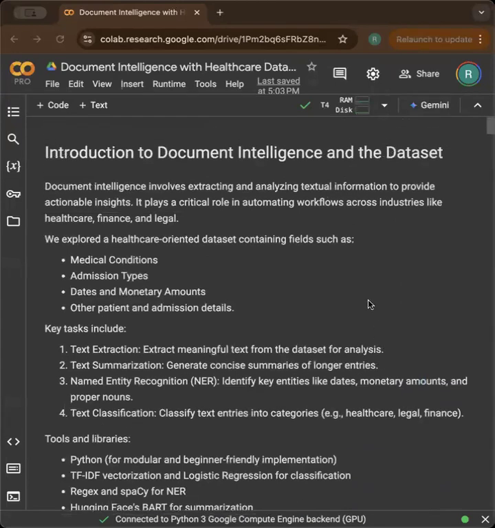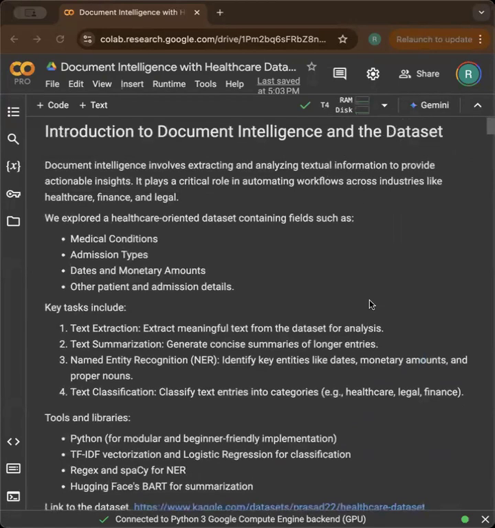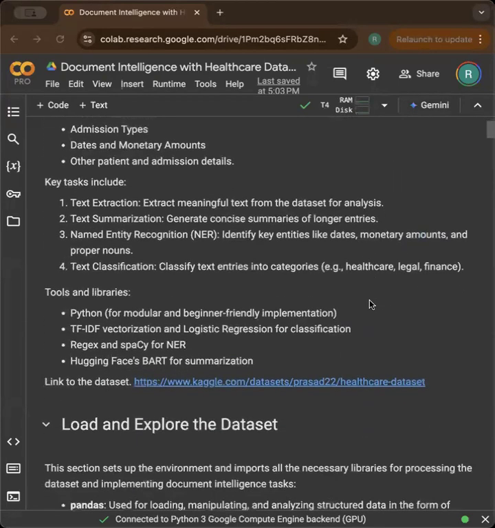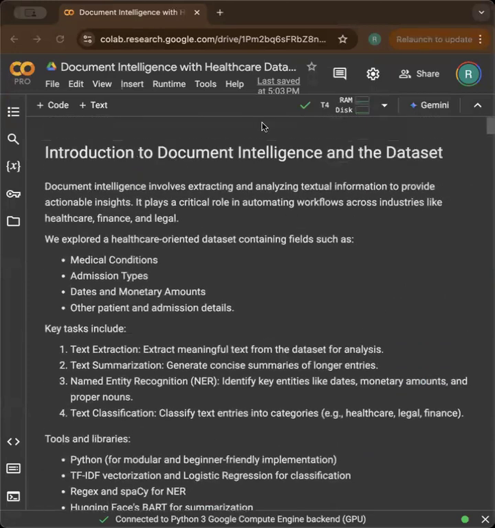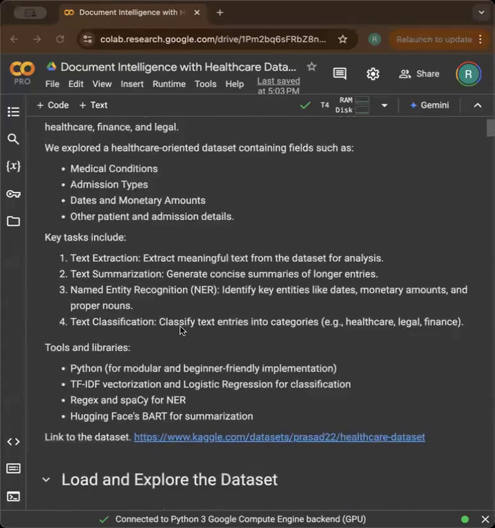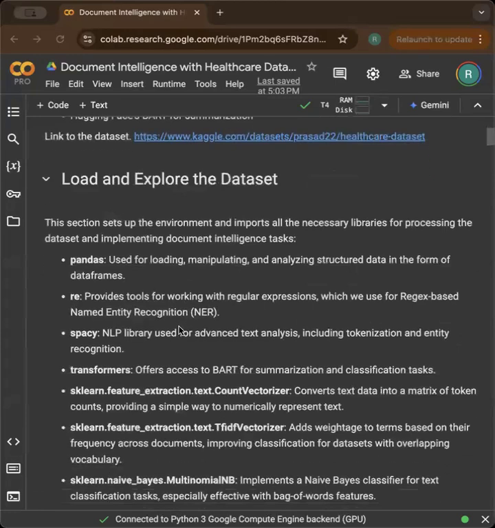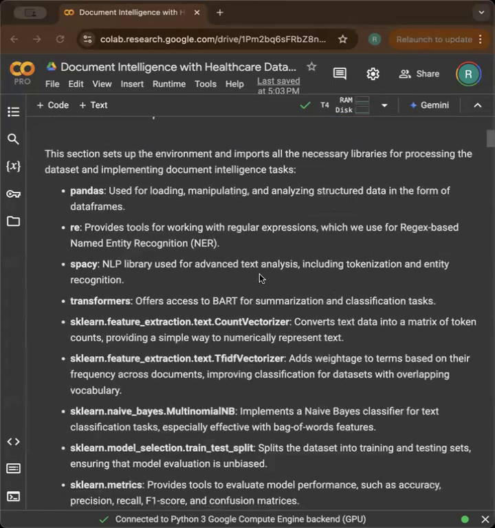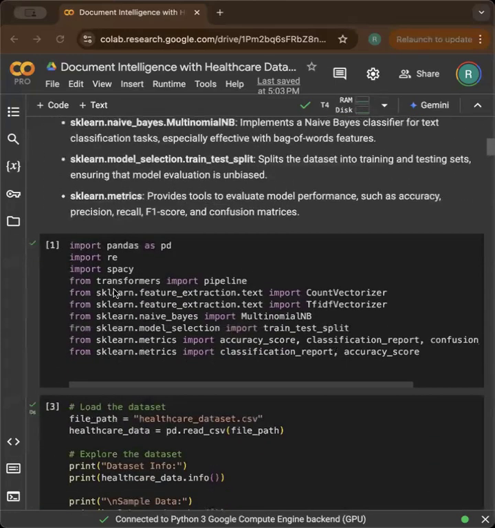Presentation, we are going to go through in detail the data set and the code we did. So firstly, this is an introduction of what document intelligence is and the data set we used. First, we load and explore the data set, so all the packages we used,